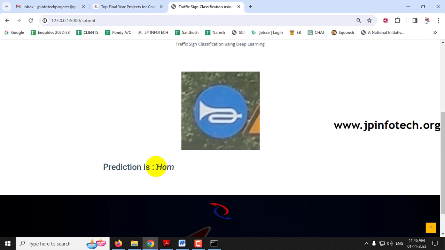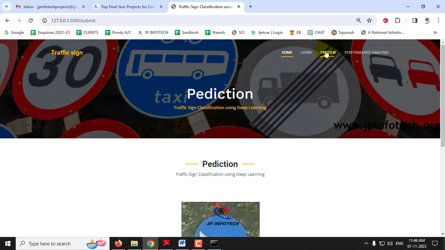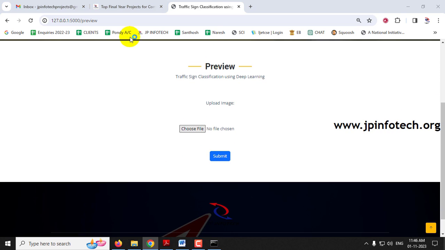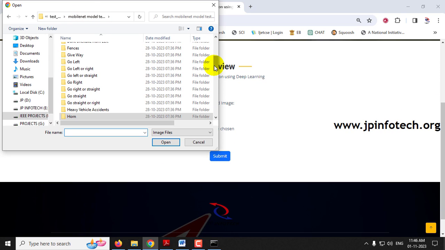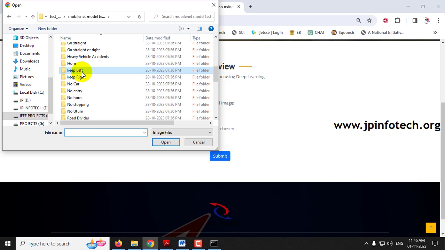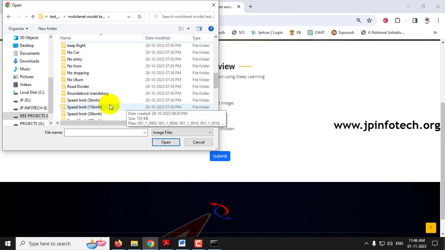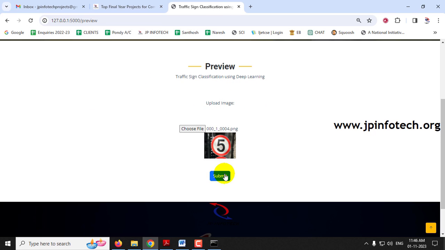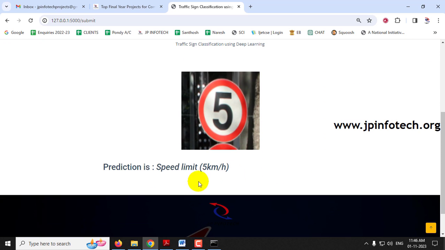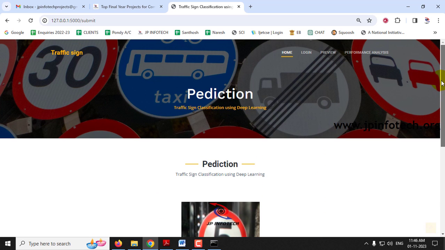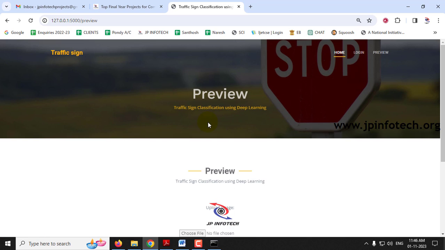For this case, it is printed correctly. For the next one, so now it is printed correctly. Speed limit 5 km/h traffic sign.